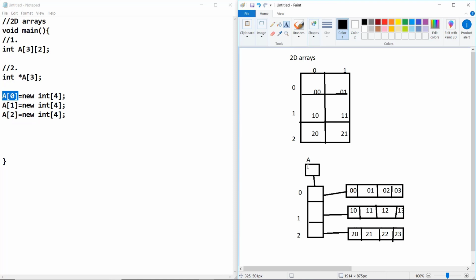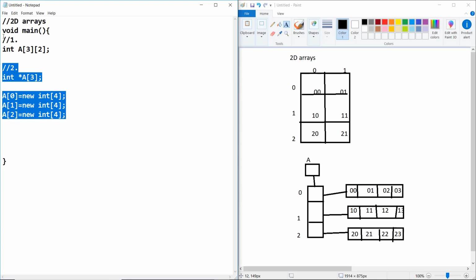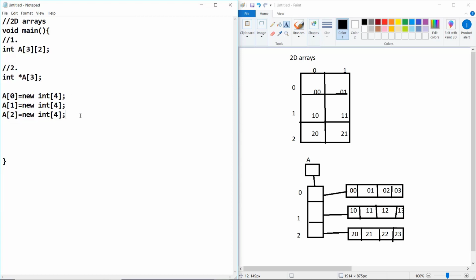So this is the whole array: an array of 3 rows and 4 columns. If you want to access a particular element, we'll see. These are the two ways of declaring.